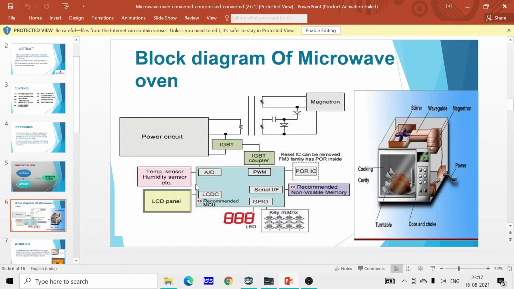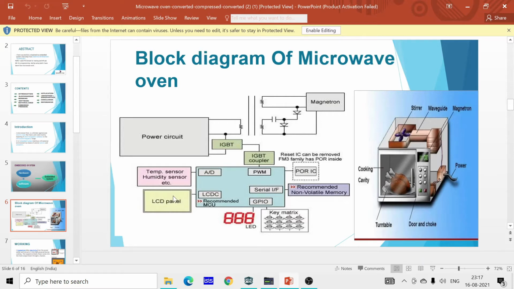Temperature sensor, humidity sensor, and many more sensors are used for the advanced microwave oven. And when we talk about the temperature sensor, it is open at 1212 Fahrenheit, and if the temperature increases beyond 1212 Fahrenheit, then it turns off the microwave oven and saves it from overheating.